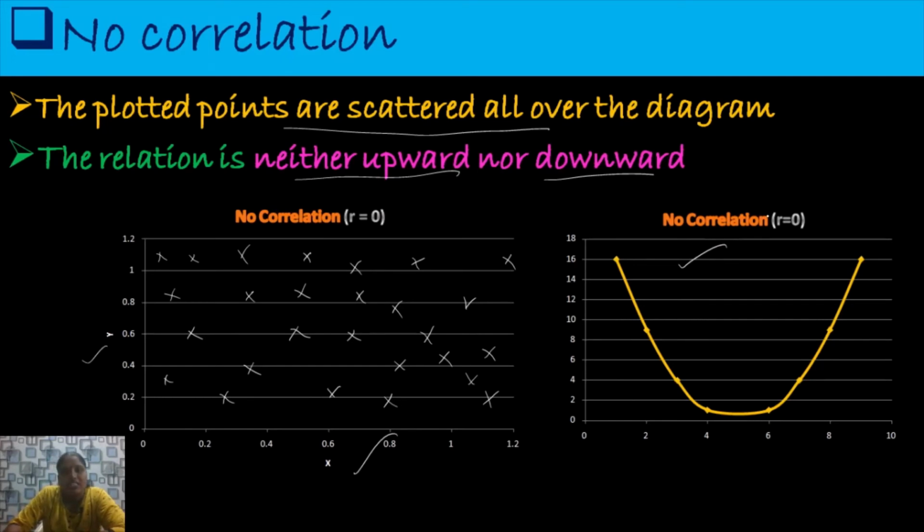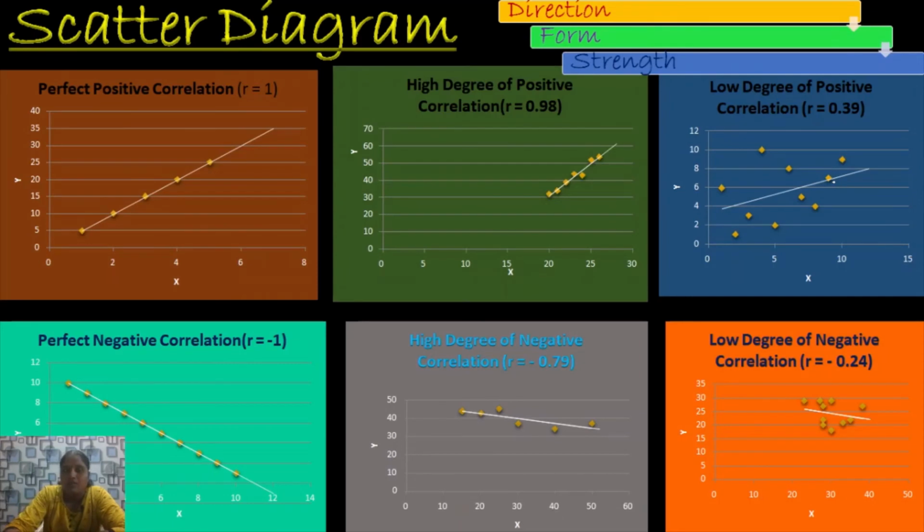In correlation, we have to deal with the linear relationship between the two variables. So, we have to avoid the nonlinear case, something like this. So, there exists no correlation between the two variables. From the beginning itself, I have mentioned that based on the scatter diagram, we may get a rough idea about the direction, form and strength of the relationship between the two variables.